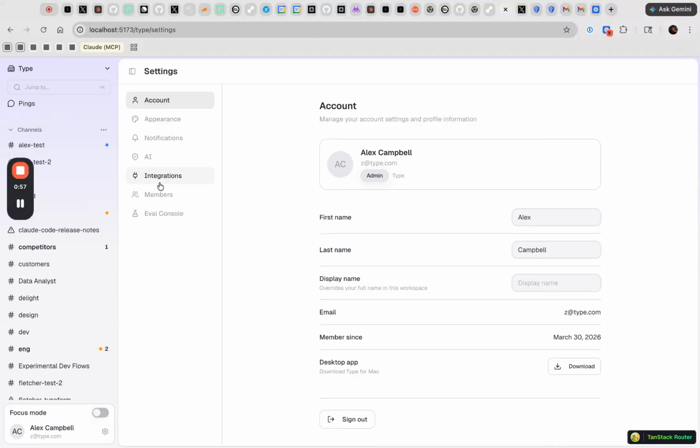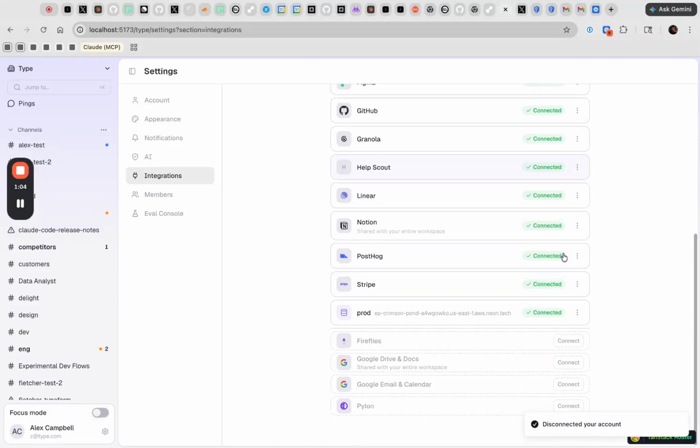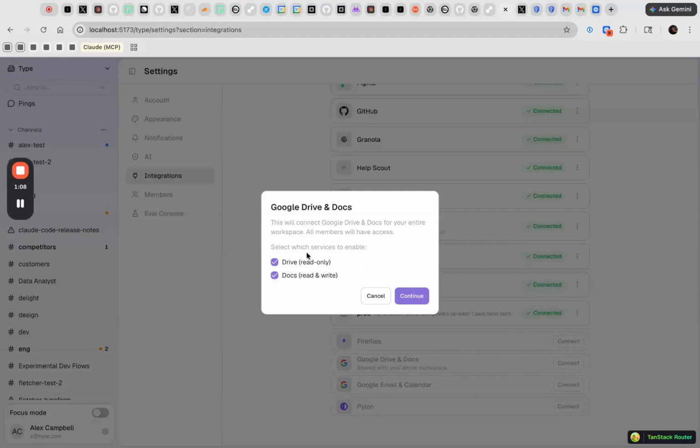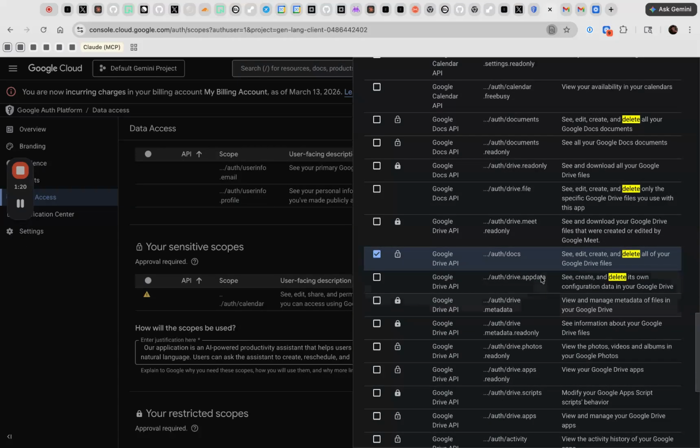So let's go through each of those one by one. Let me just remove this and add it again so you can see. So we'll start with Google Drive and Docs. So Drive, we're going to read only. I guess that's a different scope. So let me actually change that scope. So for Google Drive, we want to